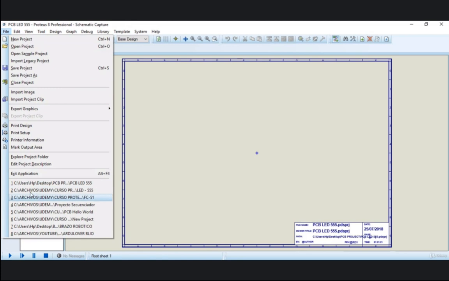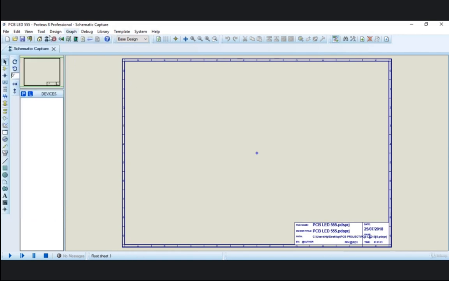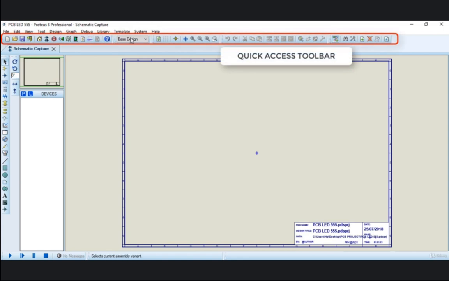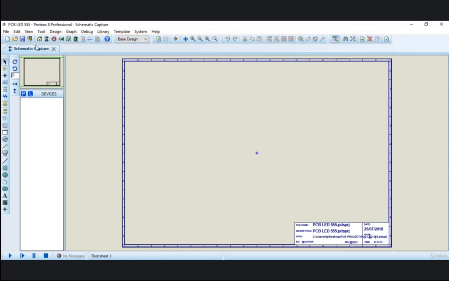Under the File menu, just like typical menus, you can import, create new, open project, export, and so on. Here will be the quick access toolbar where you can save and open also. You may explore the content of this menu bar and quick toolbar.